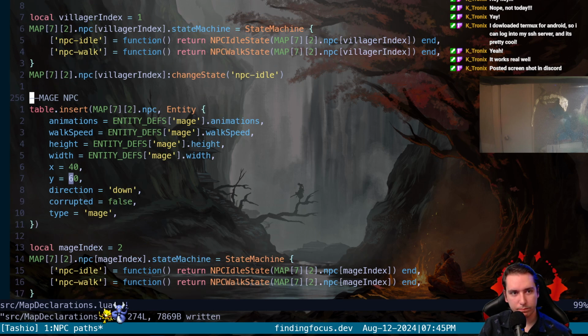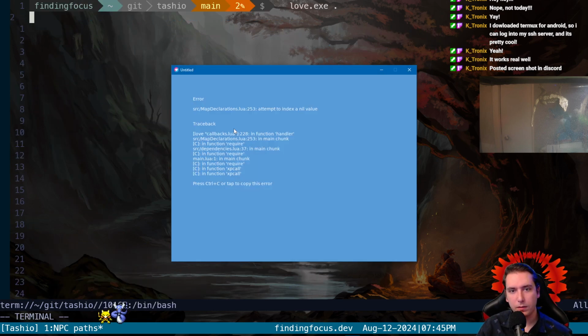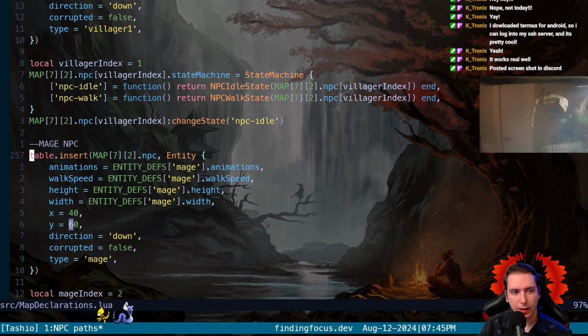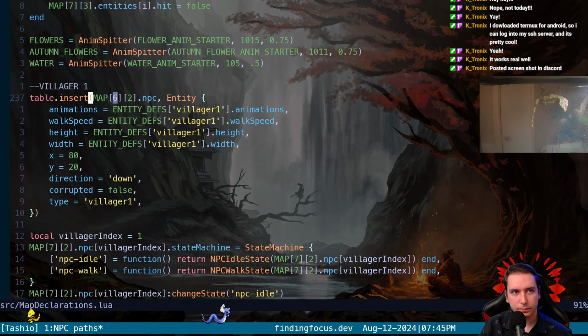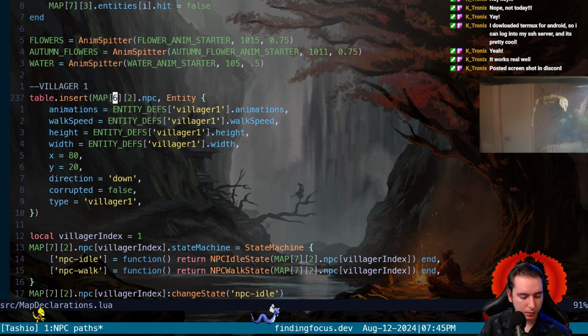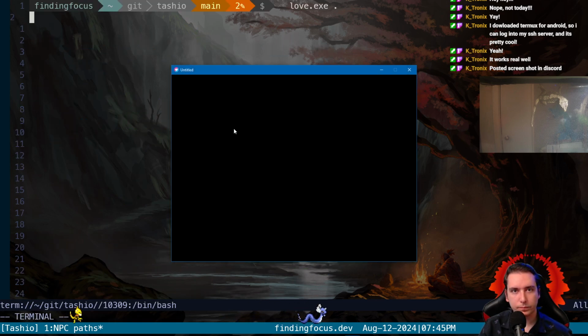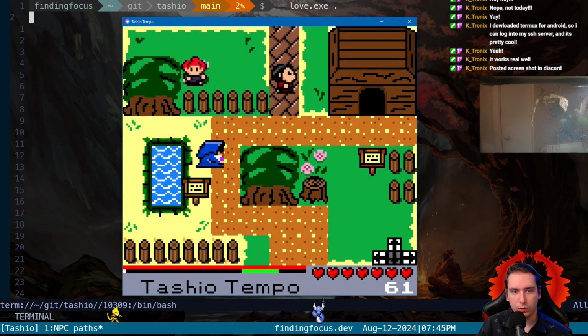And then we will, of course, index that right here. We missed one. Cool. So they're here now, but